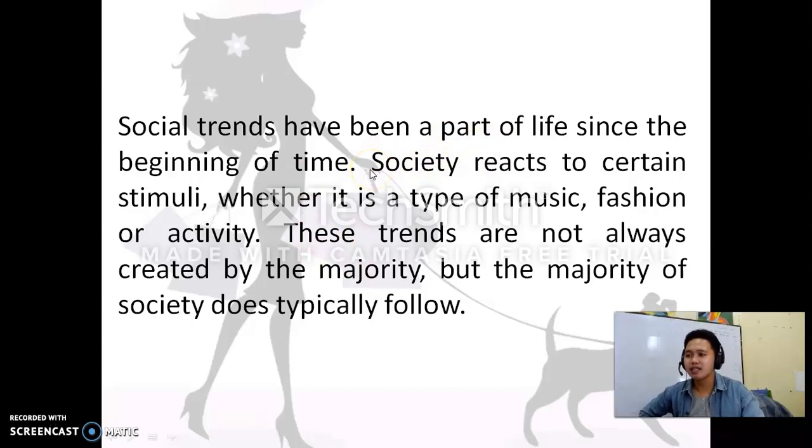Society reacts to certain stimuli, whether it is a type of music, fashion, or an activity. These trends are not always created by the majority, but the majority of society typically follows them. So, the word trend is a common terminology for everybody. It's a common word that we hear everywhere, especially in social media. So, according to social trend,